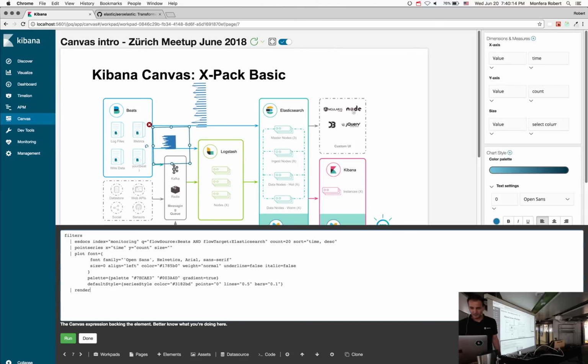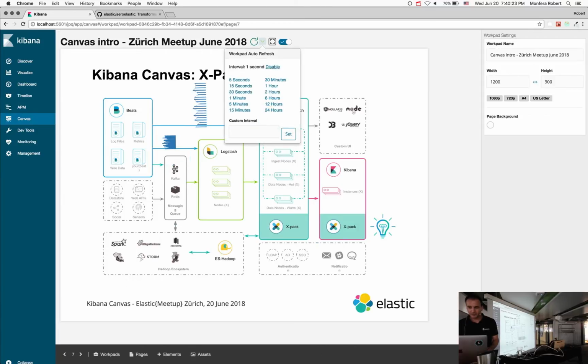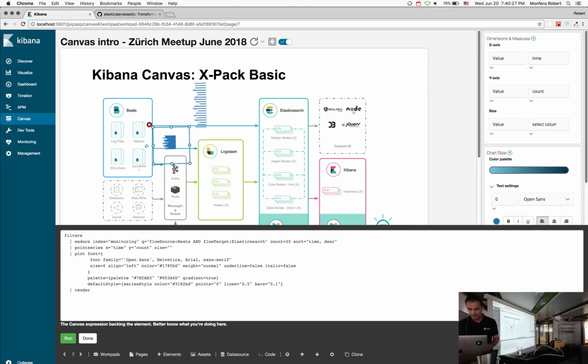And then here we will restrict the count to, I don't know, the last 8. Actually, it's better to switch off the auto refresh